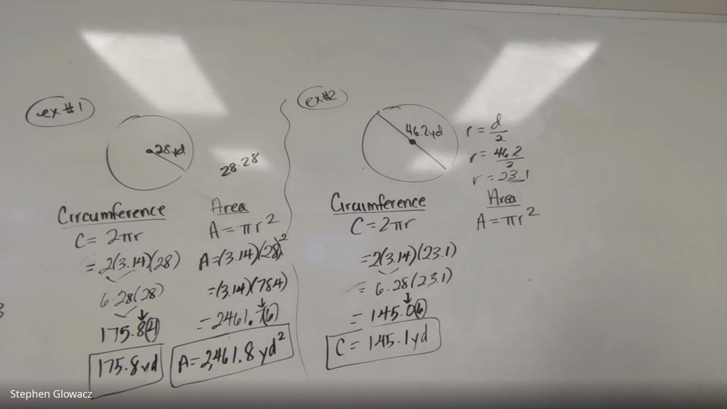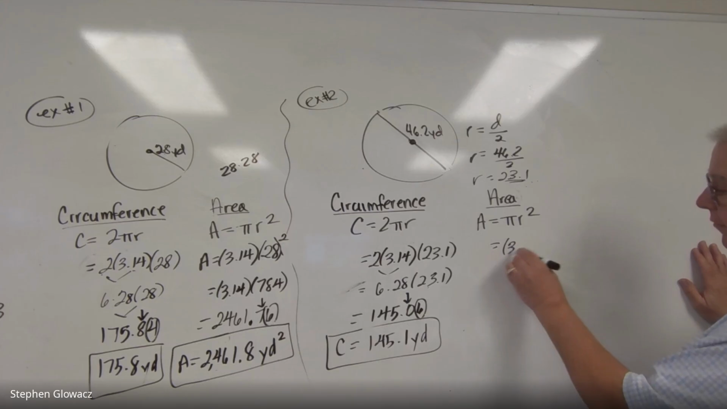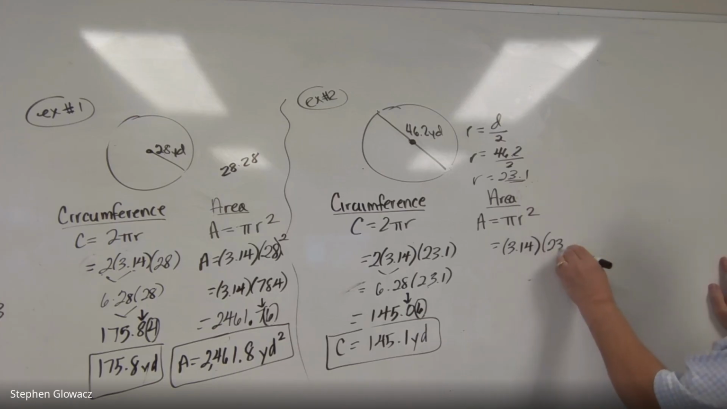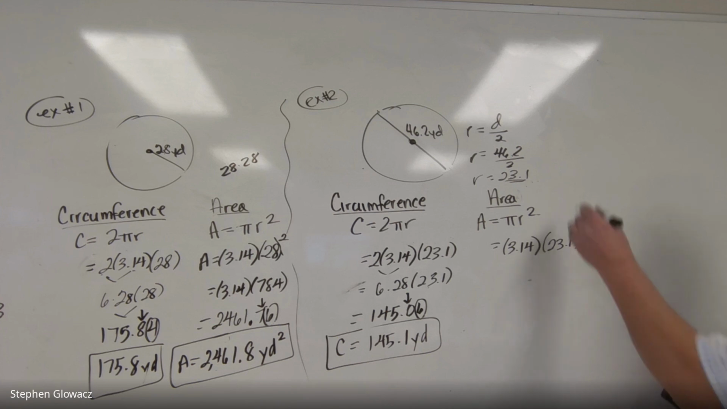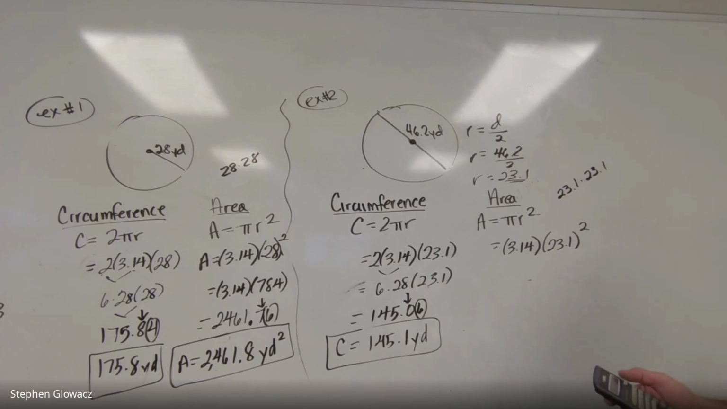145.1 yards. All right, now for the area, pi, of course, again, is 3.14. And our radius is 23.1. And don't forget, it's radius squared, so it's 23.1 squared. Let's go ahead and start working this out. Just like the last one, order of operations tells us exponents first and then multiply. So we do 23.1 squared. Now, what is 23.1 squared? Well, again, it's 23.1 times 23.1, and we get, double check that, yes,